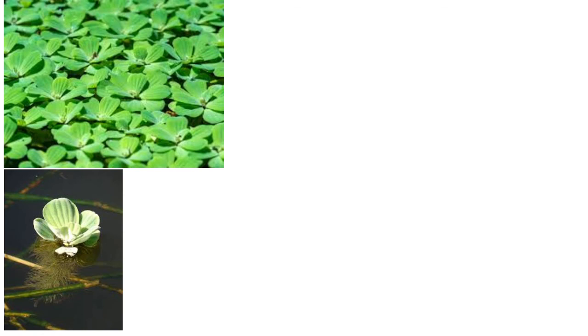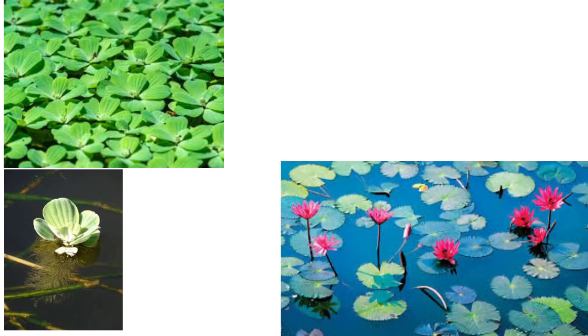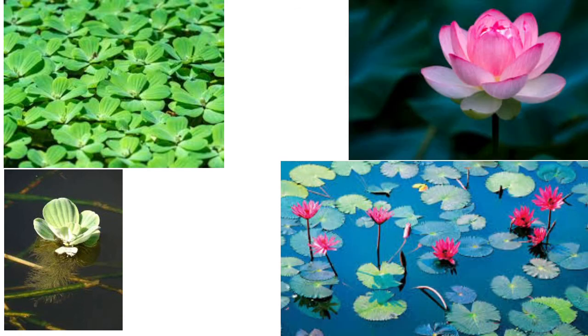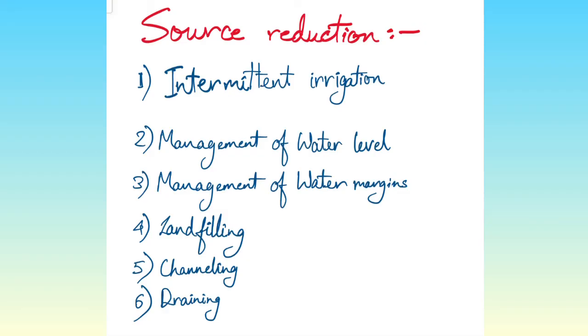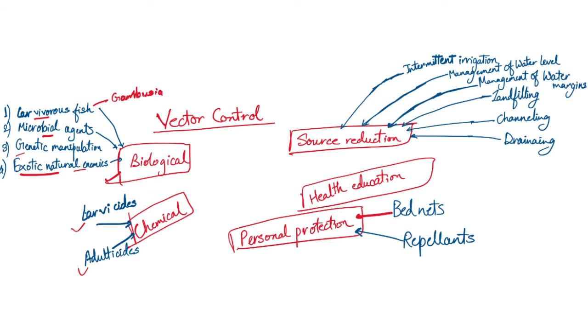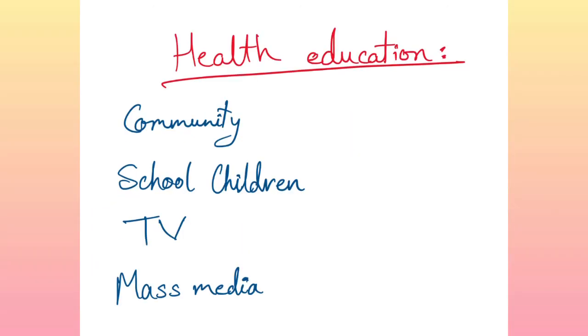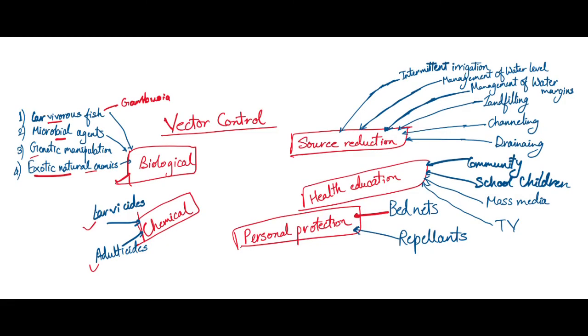For Mansonia mosquitoes, removal of the supporting aquatic vegetation such as the Pistia plant from all water collections and converting it into fish or lotus culture. Source reduction we can do by intermittent irrigation, management of water level, management of water margins, landfilling, channeling, and draining. We can also reduce transmission by health education in the community, school children, TV, and through mass media like newspapers, by creating awareness in